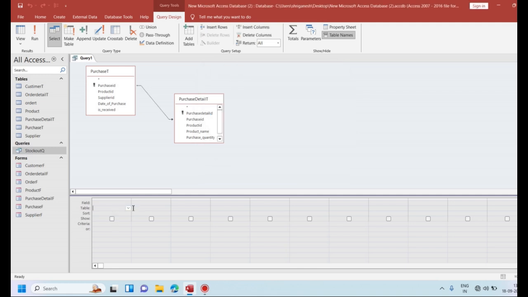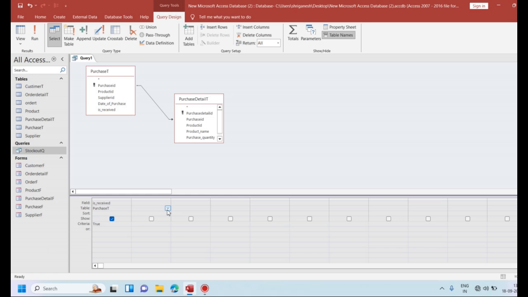Here we need from the purchase table the field is received, set to true. That is, we calculate the stock only if the condition of received is true. If the consignment is received in the business, then only we are going to calculate the stock, and if the consignment is not received, we will not consider the stock as purchase stock.